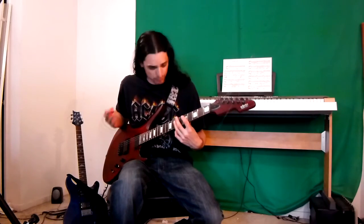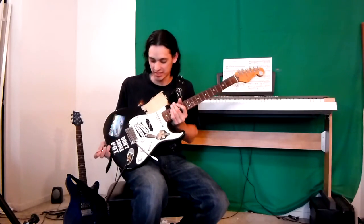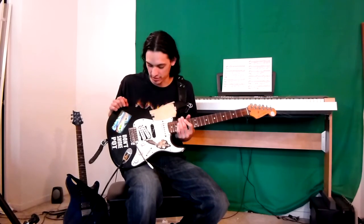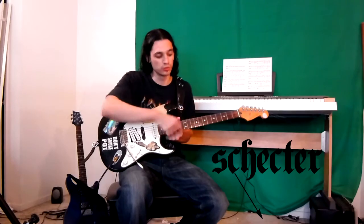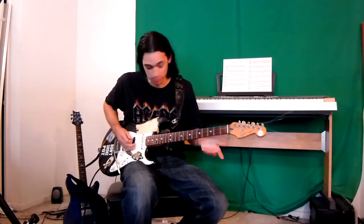These are decent tones, but this is my 15-year-old, crazy, beat to hell, little customized, $400 Mexican Fender Stratocaster, just with basic pickups. The amp was configured to sound as good as it could with just that, so it's not configured to sound good with this, but